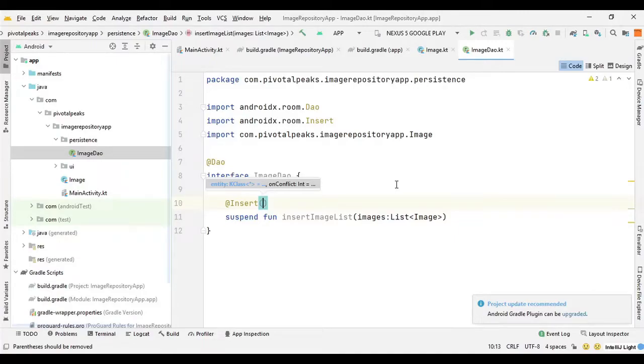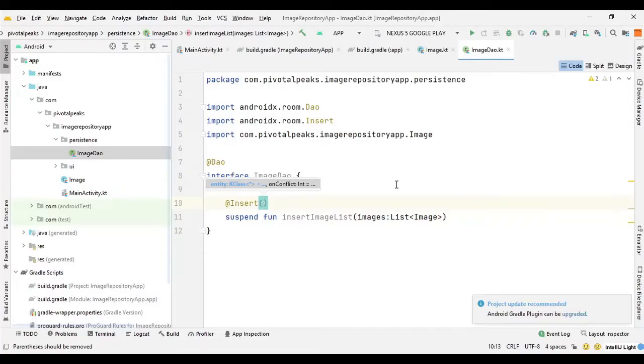Suppose you have an image with an ID 1 and you change or update the image in the repository, but in the app you have the older image for that ID, and when you open the app, the DAO will find that there has been an updated image with ID 1. So what should it do in that case? In this case, we can provide a strategy to replace the old image with the new one.